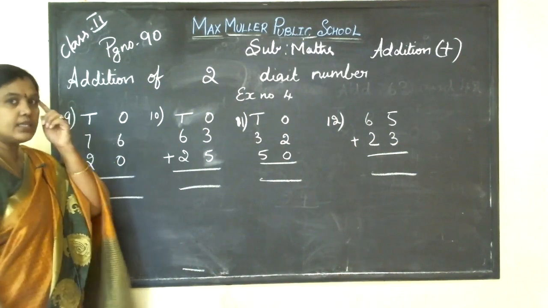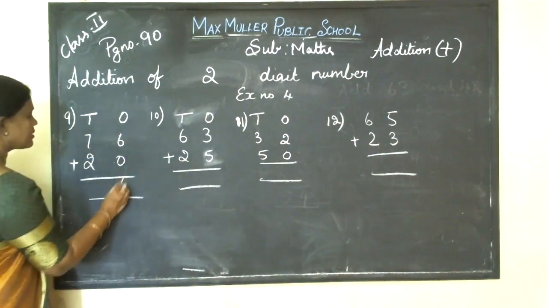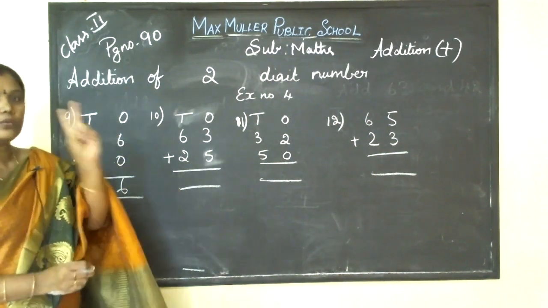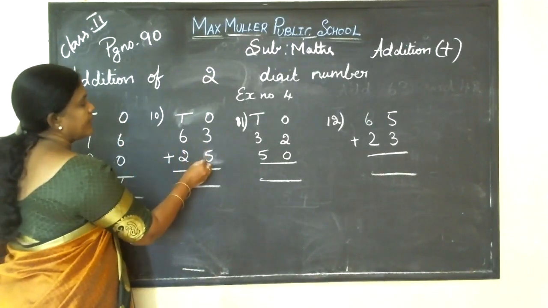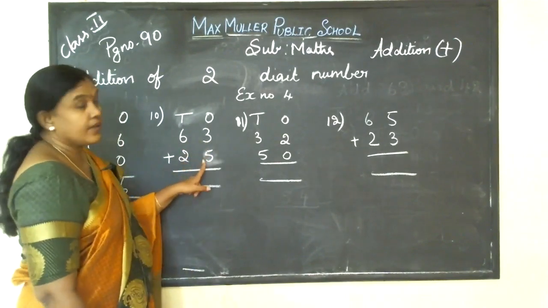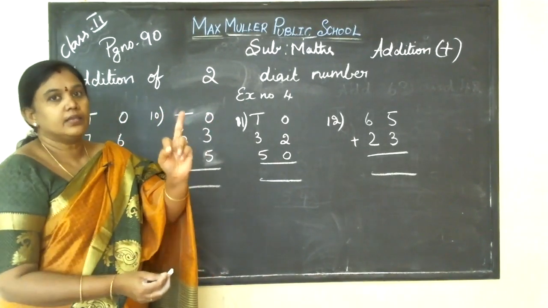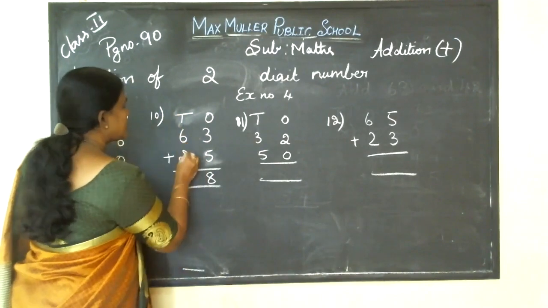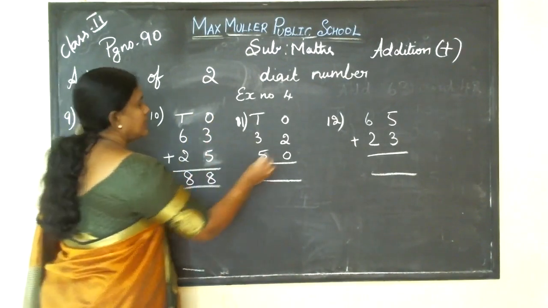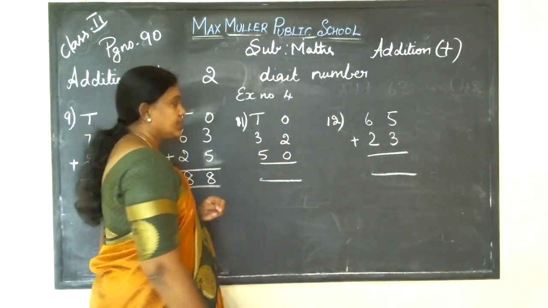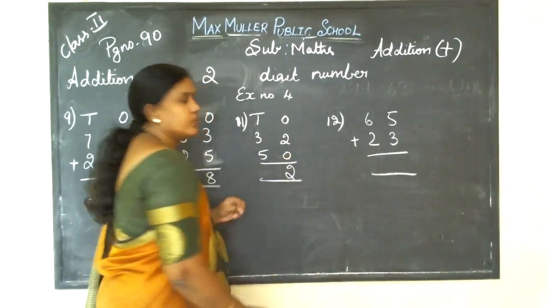6 plus 0. 6 in the mind, 0 on the finger. After 6, 6 only will come. 6 plus 0, 6. 7 in the mind, 2 on my finger. After 7, 8, 9. Here 3 plus 5. In this number, which one is bigger here? 5. 5 you keep it in the mind. 3 on my finger. After 5, 6, 7, 8. 6 in the mind. 2 on my finger. After 6, 7, 8. 2 plus 0, what will come, children? What I said, if any number with 0, you will get the same number only. 2 plus 0, 2 only.